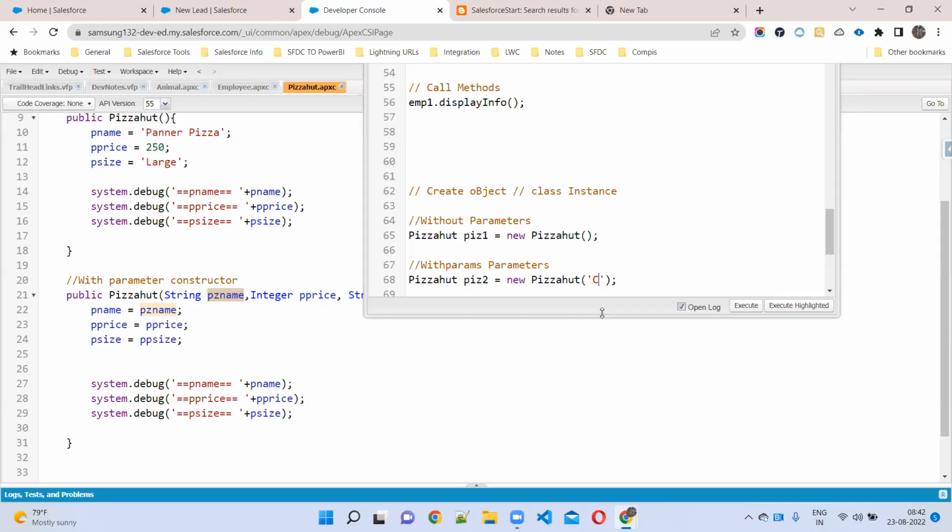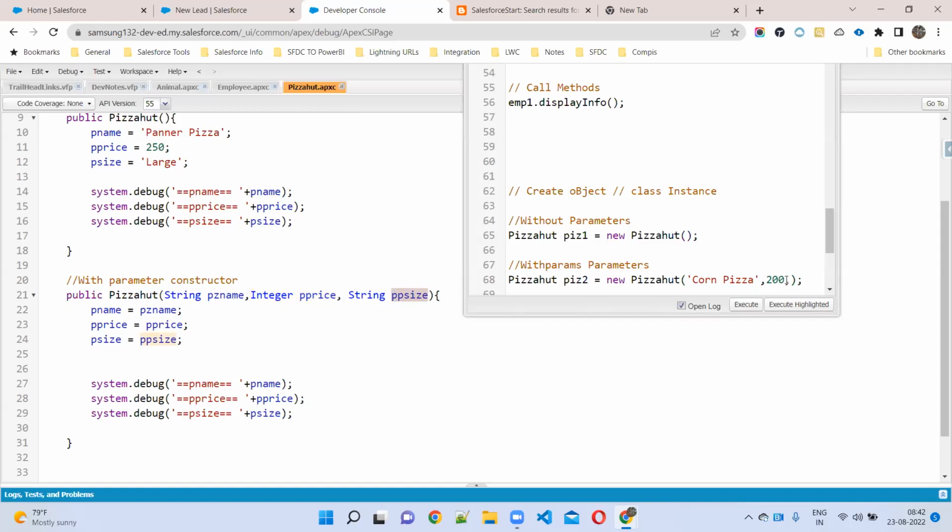The second parameter is an integer, so I'll give a number, with no need for single quotes. The third parameter is the size, also a string. I'll give small.